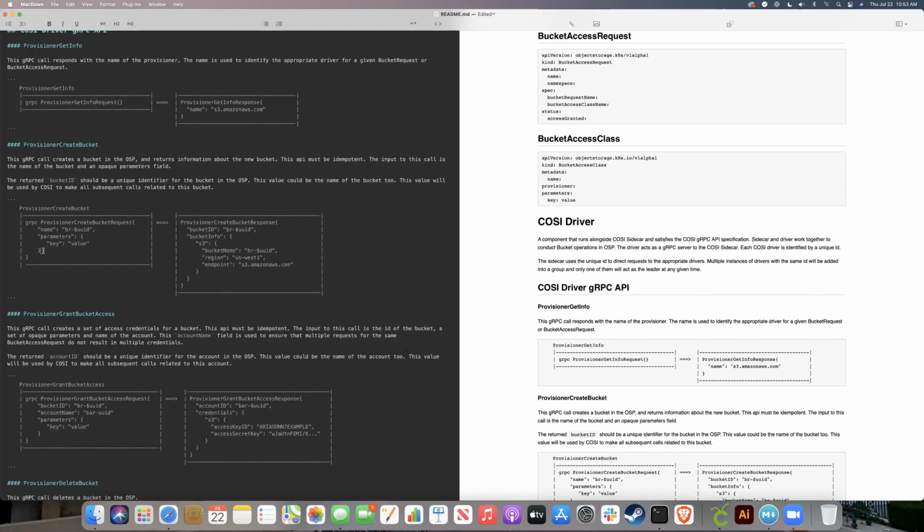There are some fields which don't make sense, but there are some which do. Like bucket class name doesn't make sense. Deletion policy doesn't make sense. Wait, just bucket class name doesn't make sense? That seems like it should go to the driver. Why not? The driver has no idea what a bucket class is, what's in the bucket class. It's a set of parameters. It makes as much sense as any other metadata that a user might shove in. I agree. The namespace or the class name are both equally relevant in different setups.